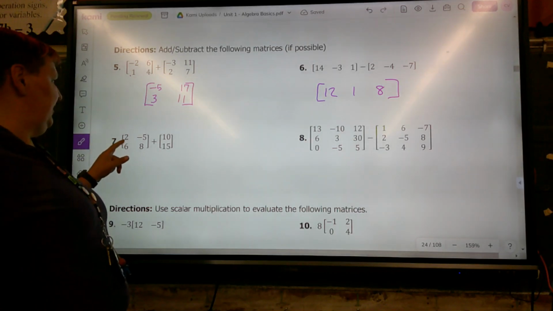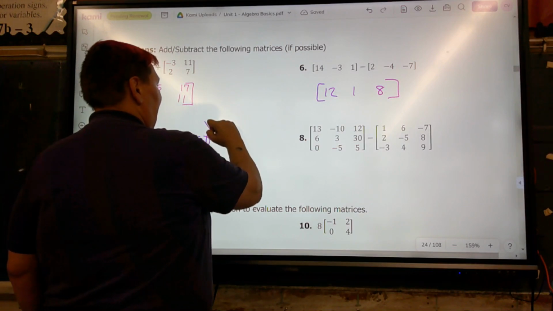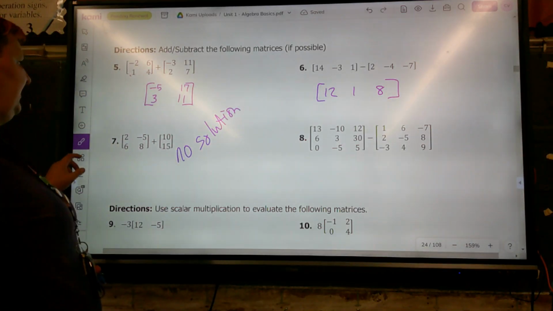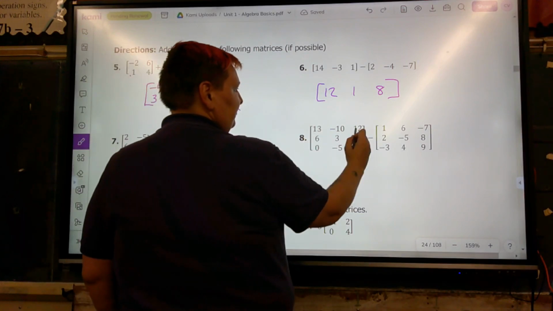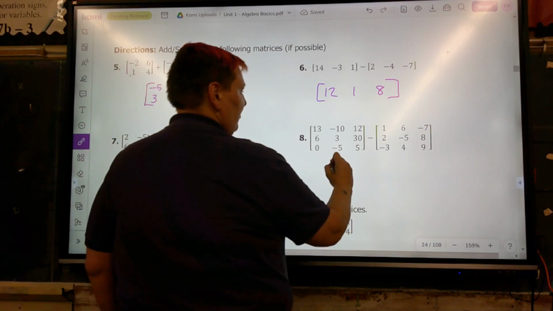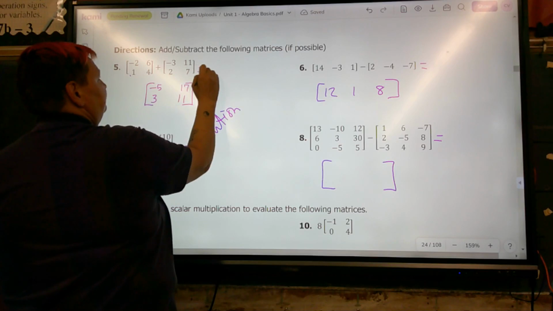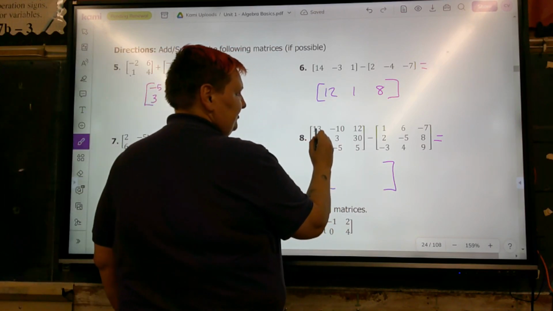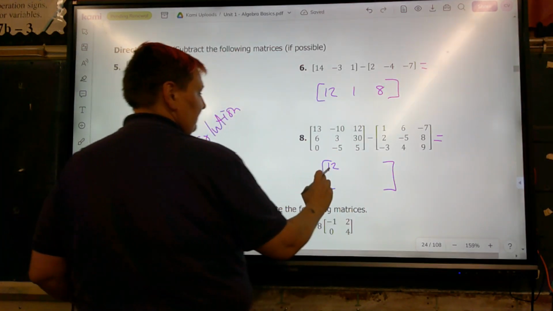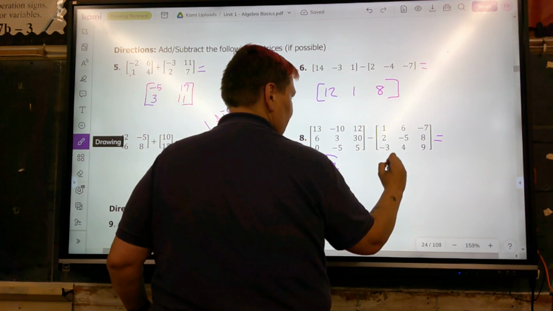This is a 2 by 2 and a 2 by 1. No solution. They cannot be added. They are not the same dimensions. Alright, and then 3 by 3, 3 by 3, and it's subtraction. We're going to have to be extra careful. But we are going to end up with a 3 by 3. Alright, so 13 minus 1 is 12. This is not big enough to be a 3 by 3. By 1, 2,